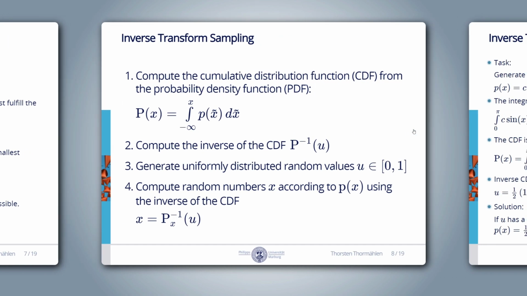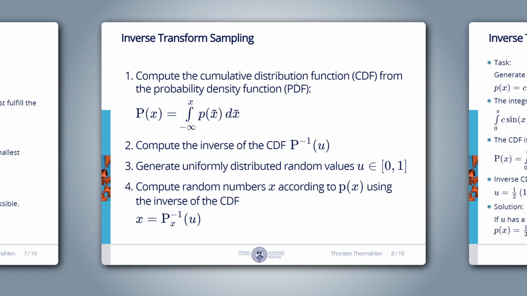But how can we generate sampling positions according to a chosen PDF? One popular solution is inverse transform sampling. Many programming languages provide ready-made functions to generate uniformly distributed samples. With inverse transform sampling, it is possible to transform uniformly generated random numbers into random numbers with other PDFs. To this end, we need to follow the shown 4 steps.